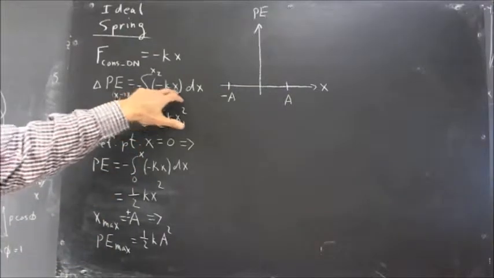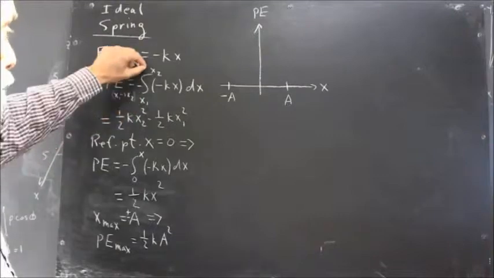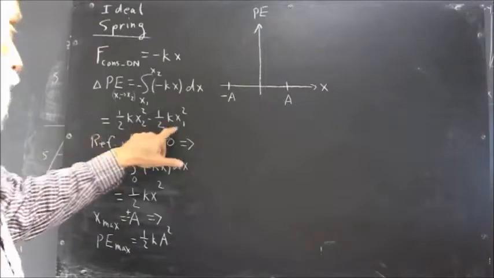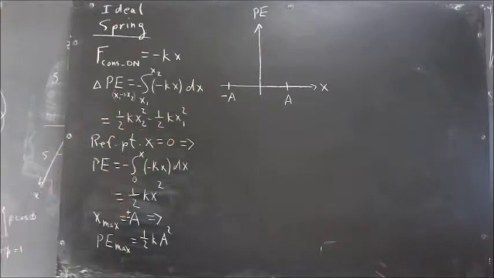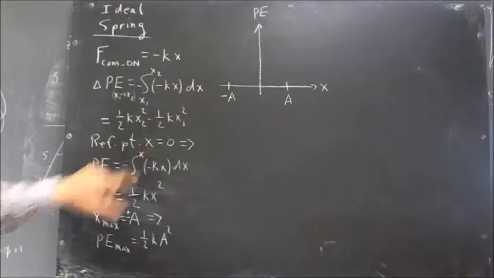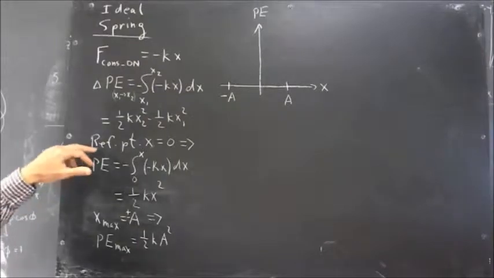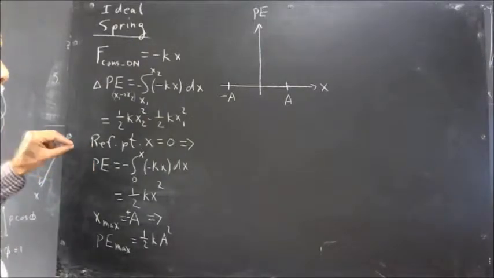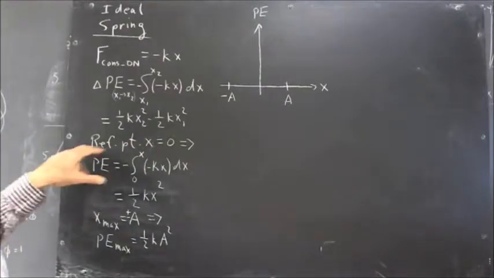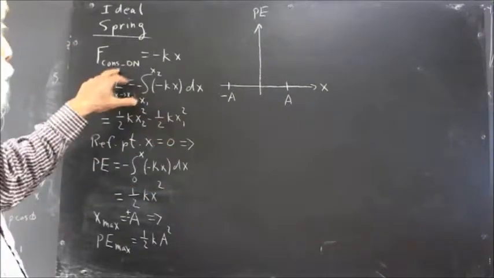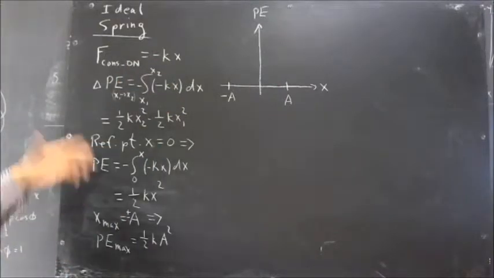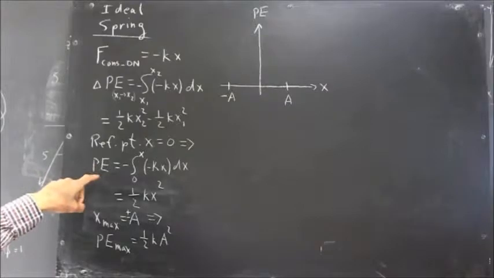Your antiderivative is 1/2 kx squared. Evaluated between x1 and x2, the change in the antiderivative is just 1/2 kx2 squared minus 1/2 kx1 squared. Very straightforward integration. We've already seen that much earlier in the course. Now, you can take any point as your reference point, but if your reference point is x equals 0, the point at which the spring force is 0, or the net force in your oscillator is 0,